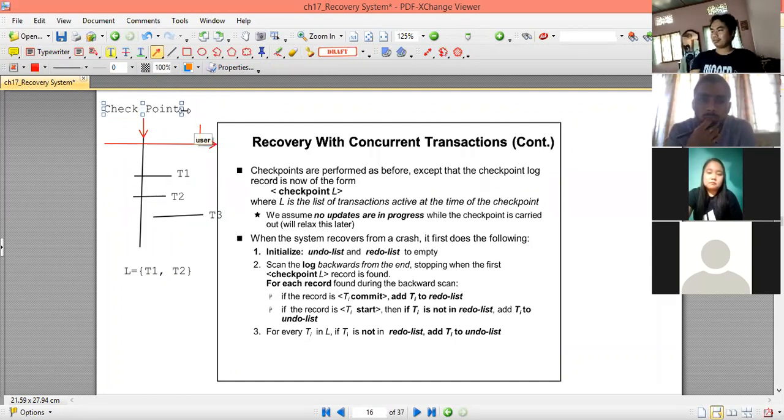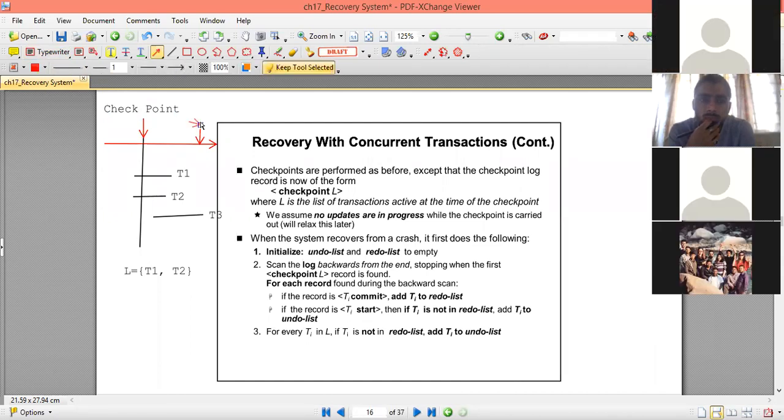Checkpoint time, and let's say at this point the system fails.